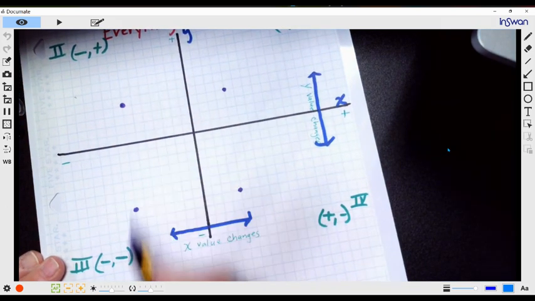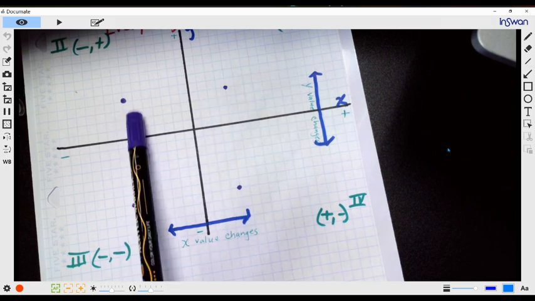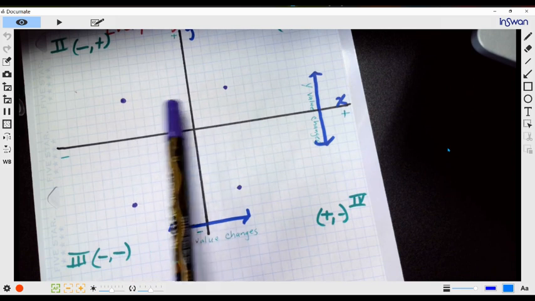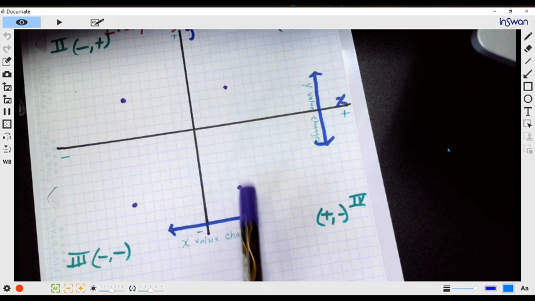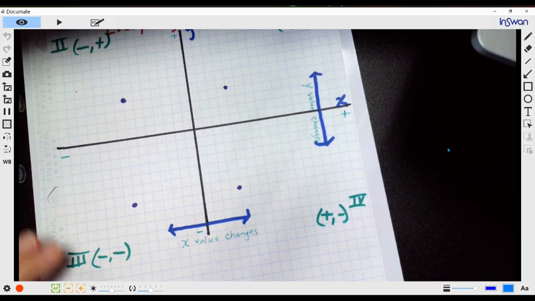All right. So these are all in line. Now this looks like it might be a perfect square, but notice both of these points here and here are different distances away from the y-axis. So we will take that into consideration when we're graphing and recording these, because we have to see and know